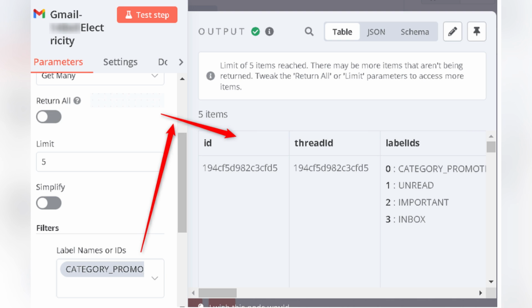Here's the basic idea of the setup. You create a Gmail node, choose the operation Modify Labels, and select the label you want to apply. Then connect this node to a trigger node like cron or webhook, depending on whether you want to label emails on a schedule or based on incoming messages. You can also add filters to the node so only emails matching certain criteria, like a specific sender or subject